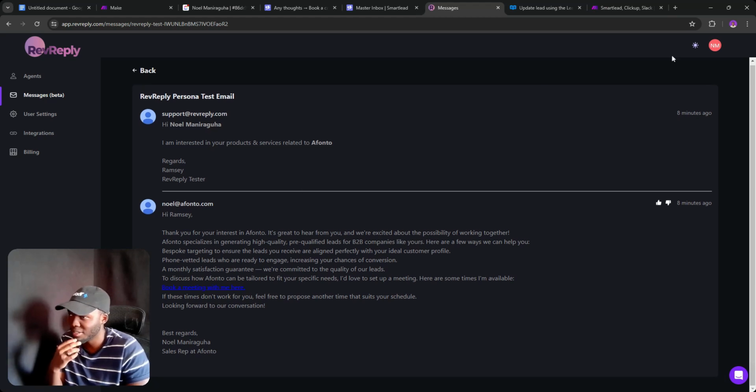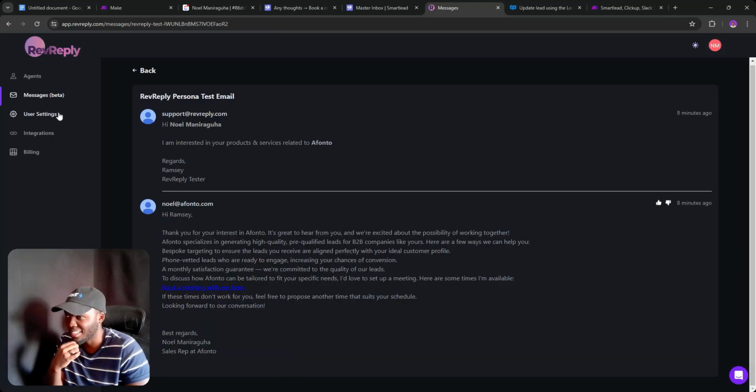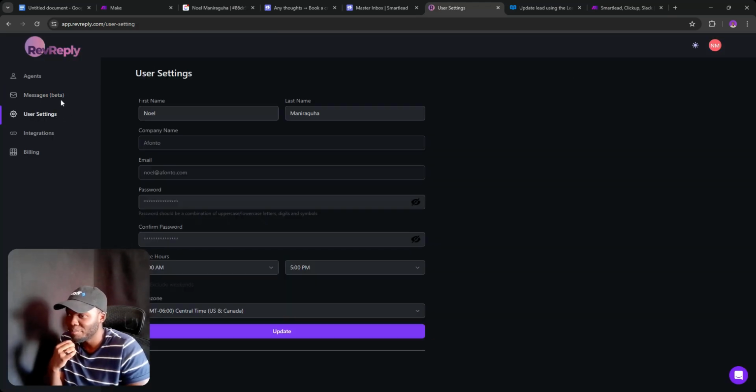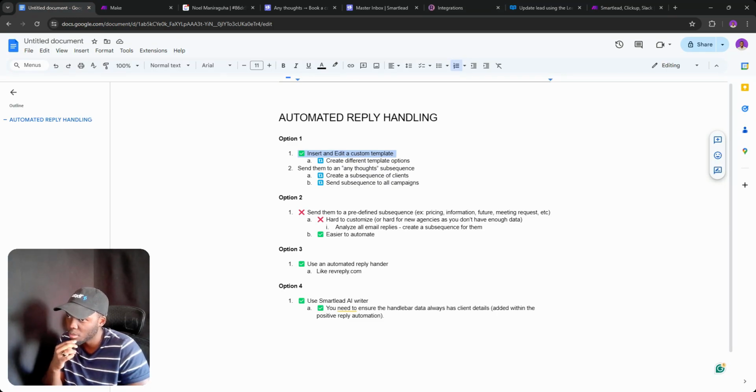Damn, I really like how they designed this. Nah, screw that. I like dark mode. Okay, I'm not sharing anything sensitive. Google Calendar. Now, how do I connect my client's calendar and everything? Okay,